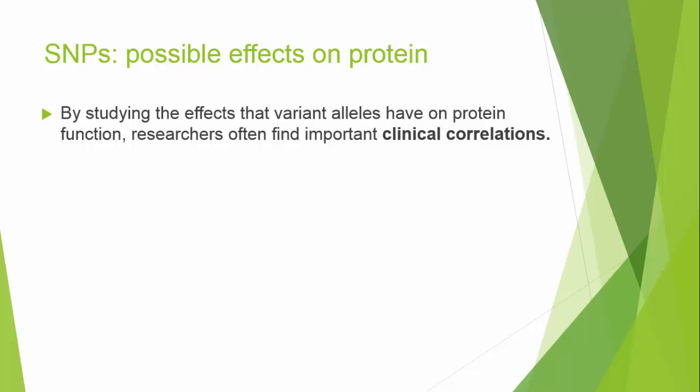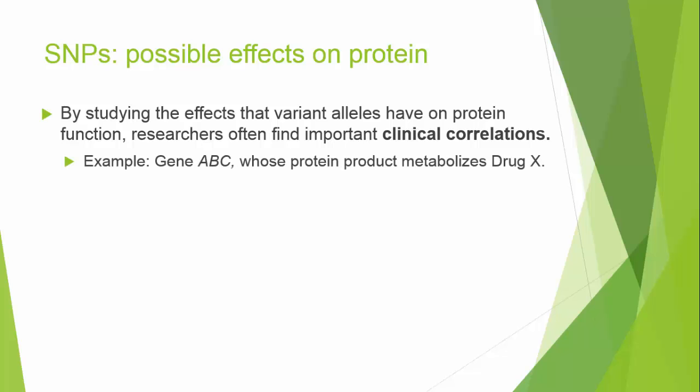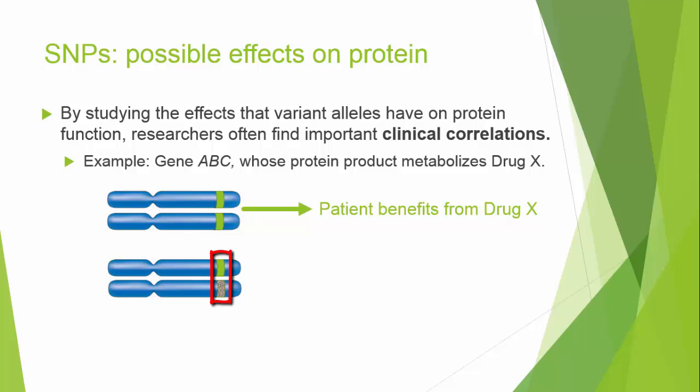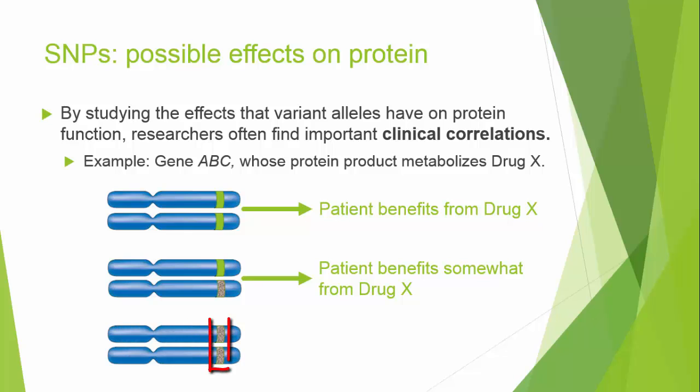Let's just look at a more specific example now. Let's pretend for a moment that we're interested in gene ABC, which we know metabolizes drug X. If we start looking at DNA sequence, we might find that individuals who have two wild-type copies of gene ABC are able to benefit from drug X. However, if they have one wild-type copy and one mutant copy, or one variant copy, it could be that they only benefit marginally from drug X. But if they have two copies of the mutant DNA sequence, and therefore two copies of a mutant protein, then maybe they don't benefit at all from drug X. So this is a very generic example, but it's the kind of information that we can get from looking at